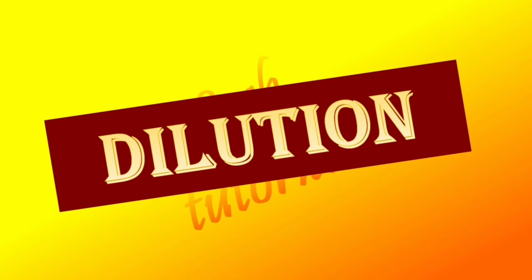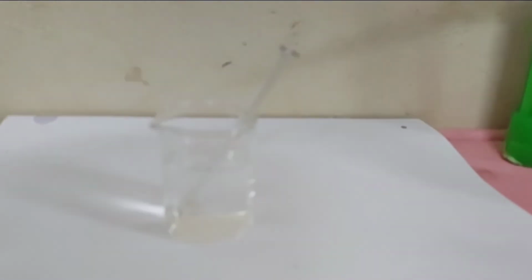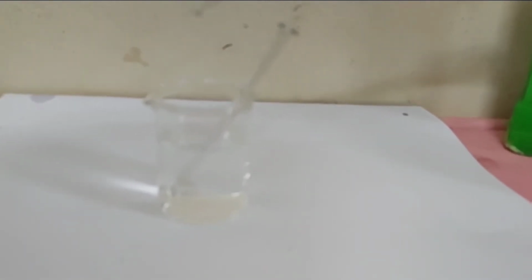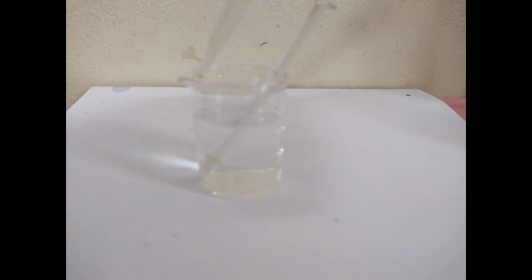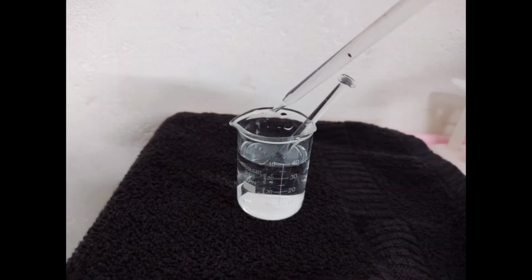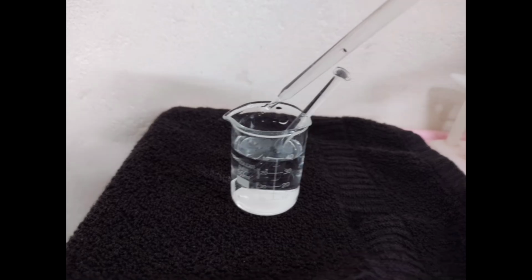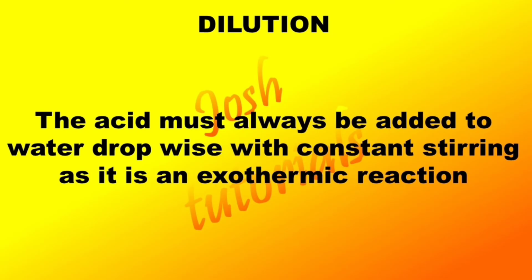If you want to make a dilute acid, add a few drops of concentrated H2SO4 to 10 ml of water. Now as you touch the walls of the flask, you can feel the reaction is exothermic. So the acid or base must always be added slowly to water with constant stirring. Mixing of an acid or base with water results in decrease in the concentration of ions per unit volume. Such a process is called dilution, and the solution is said to be diluted.